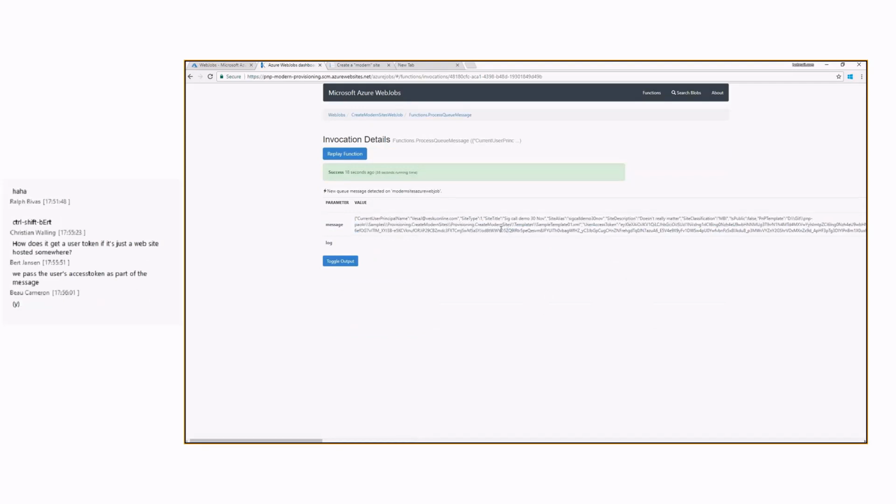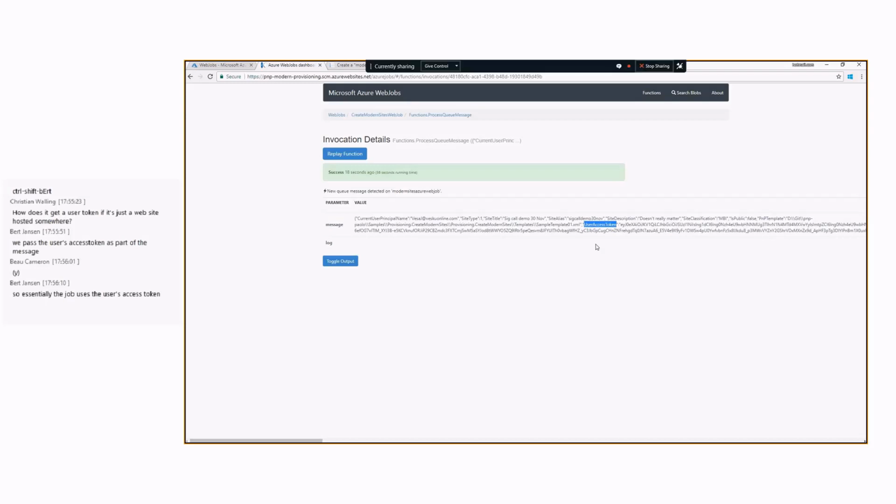And like I said, the cool thing about this one is that one of the things we provide in this message is the user access token. So we use that dynamically, the user access token of the user who originally requested the site, because the execution of the web job will happen in less than that 1 hour, hopefully, unless there's a catastrophic network failure somehow magically between Office 365 and Azure.